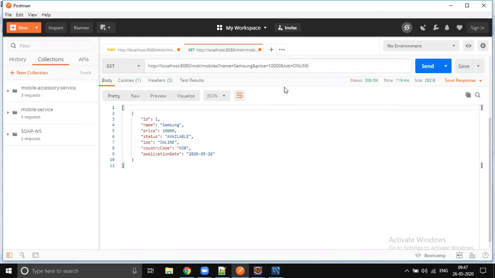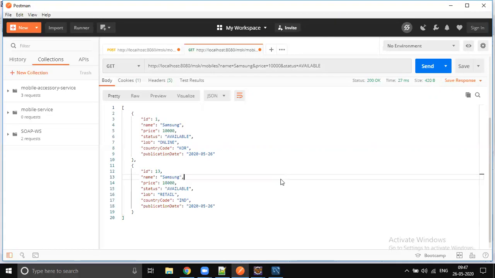That exception was because null came. So status equals available, and you will get results. Now we are sending LOB first, status next, but still it works. And if you send status available, not online, you get two rows.